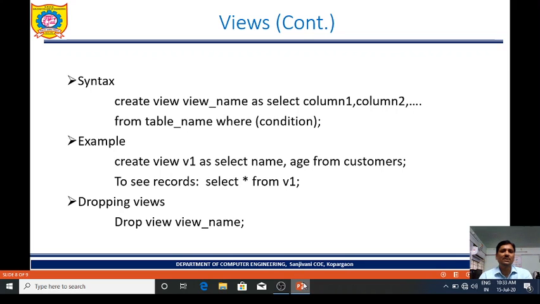Now to see records, we can use the same query as with a table: select star from view name, that is select star from v1. It will display whatever values are available in those two attributes, name and age. Now how to drop a view? Same as a table. How do we drop a table? Same: drop view name.